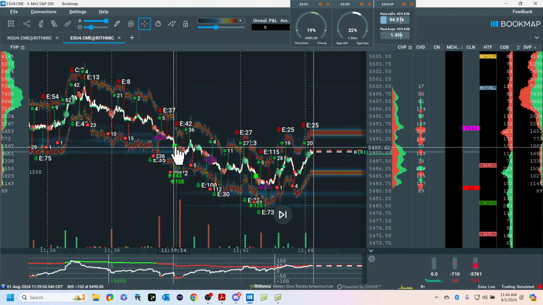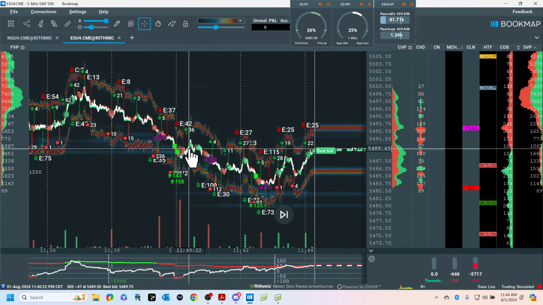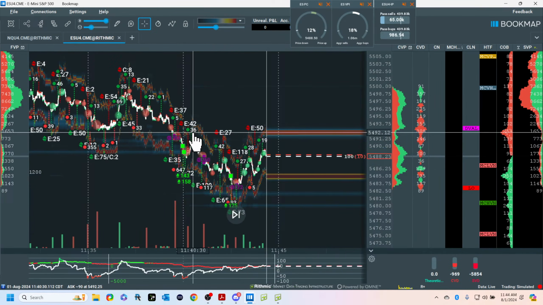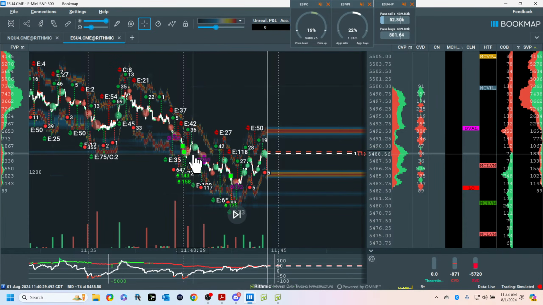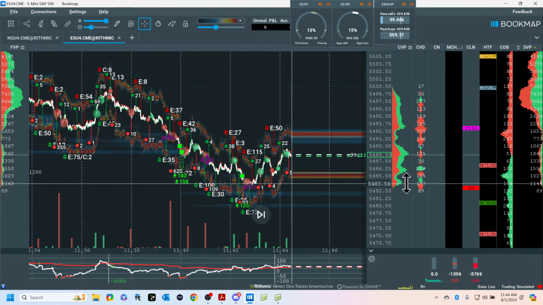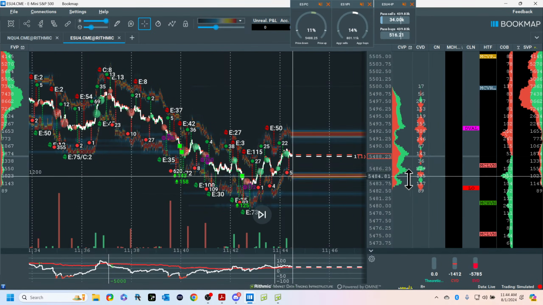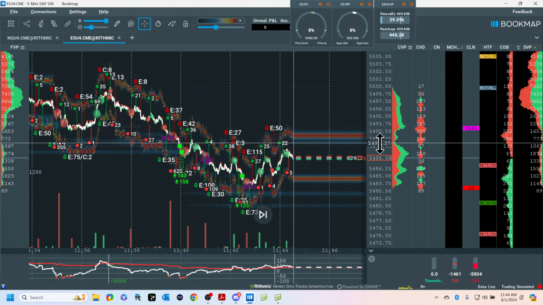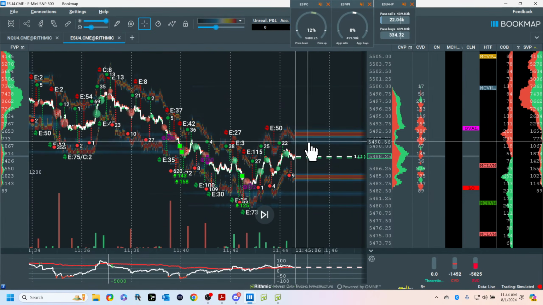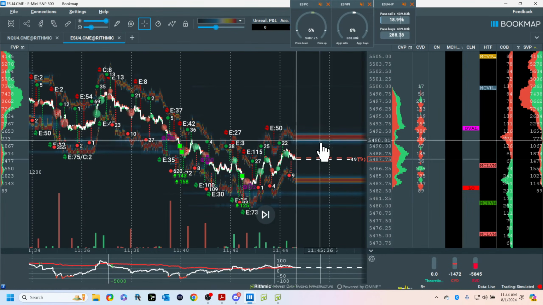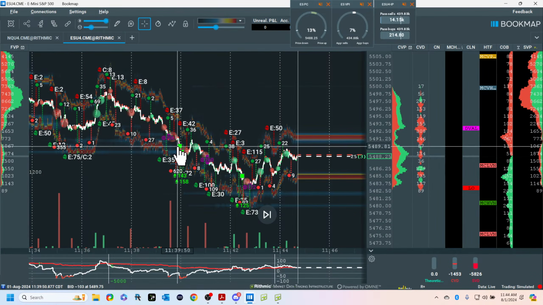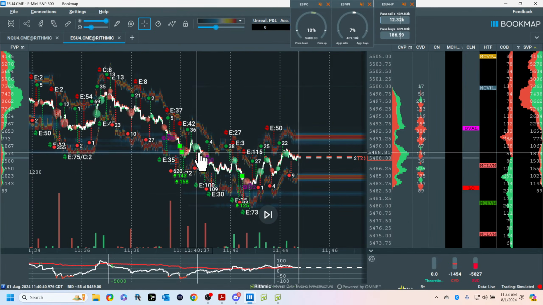So here, I had buyers here. So let's just see what happens when we come back up in here. These are not trade recommendations. All we're doing is monitoring the auction. So what you have here is a consolidation. This is the outside edge. This sets up a condition called mean reversion, which is outside in trading. So rotational trading. And it does it in all fractals and time frames. So let's just see what happens. We're going to look at this behavior right here.